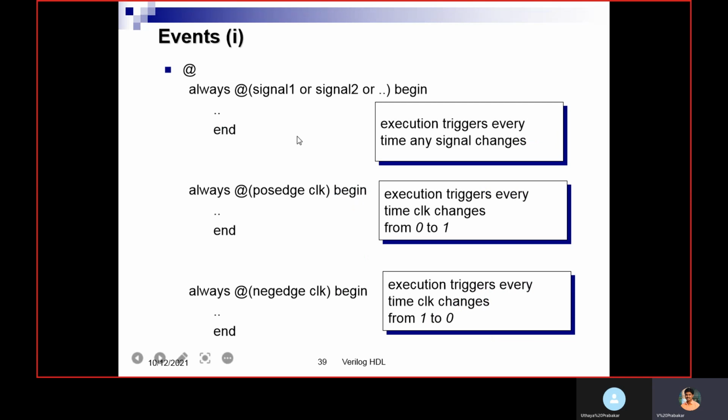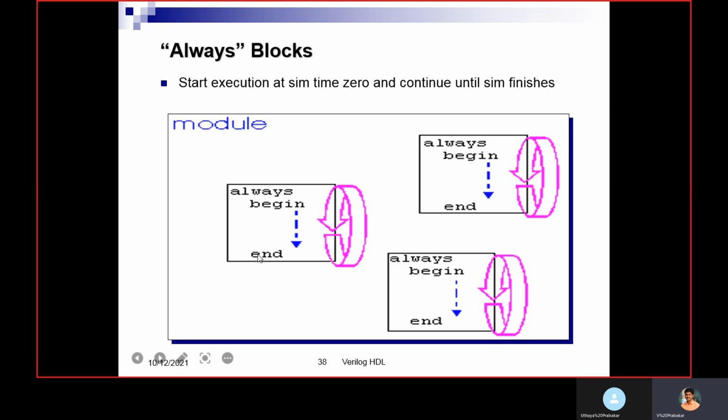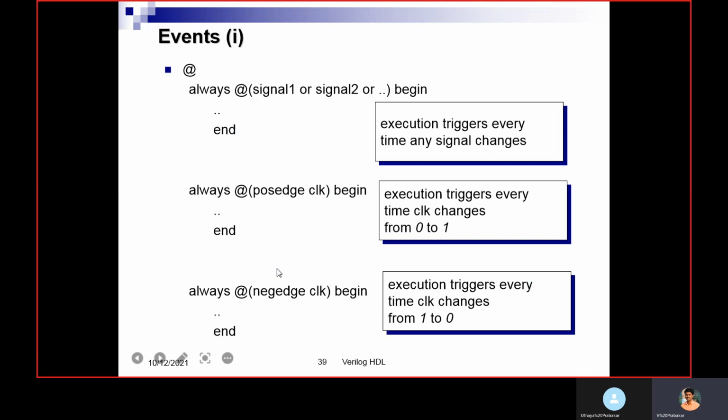To control this, since always is happening continuously like looping, we can control that with the help of events. So @ is used to sense the edges. Always @, within this bracket, is called the sensitivity list.